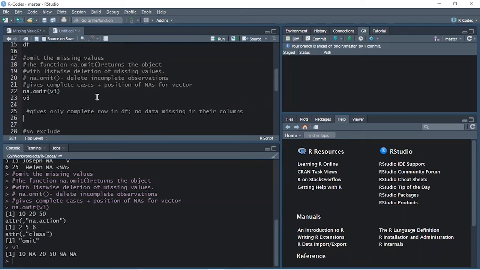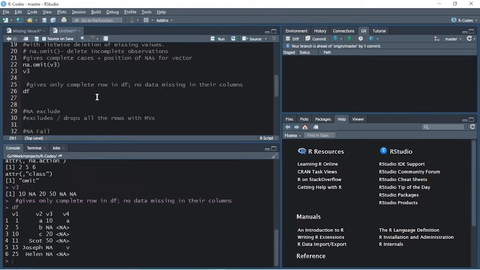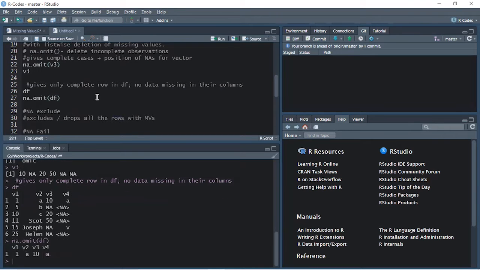So this is how you can use na.omit for a vector. Now let's understand it on a data frame. We have created the data frame as df. If I print that, this is the data frame that we are using. Now I will say na.omit df and I'll run it. What it gives me is, from all the values, the complete row.